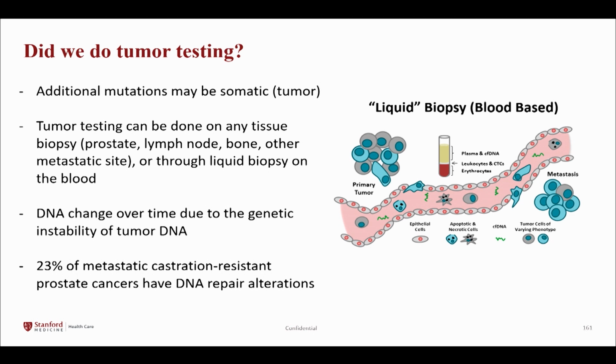And tumor testing can be done on any tissue, whether it's the prostate or a lymph node biopsy, and it can also be done on liquid biopsies, meaning a blood test where they look for circulating DNA. DNA changes over time due to the genetic instability of a tumor, and what's been seen is that 23%, so significantly more tumors that are metastatic castrate resistant have DNA alterations that may be relevant. And so we always ask for our patients with castrate-resistant prostate cancer, did they have germline, so inherited gene testing